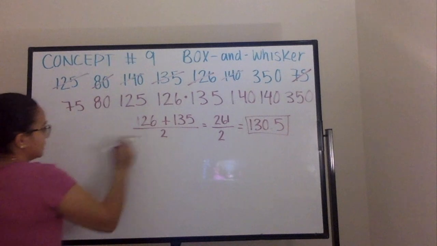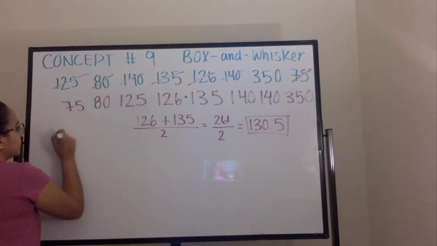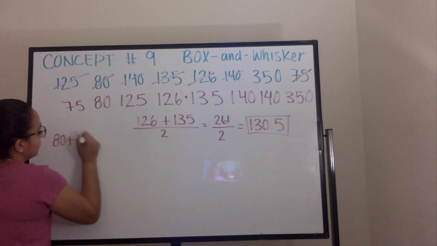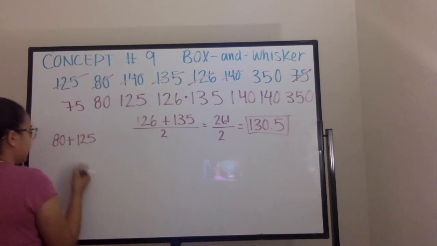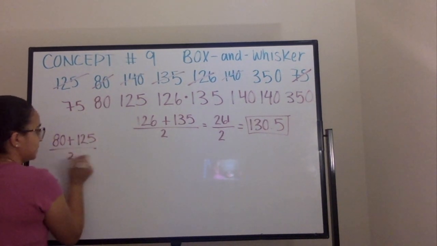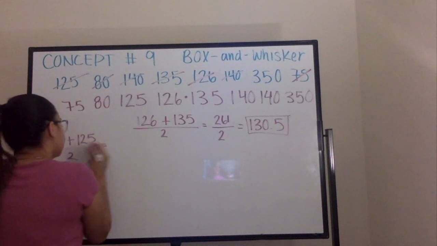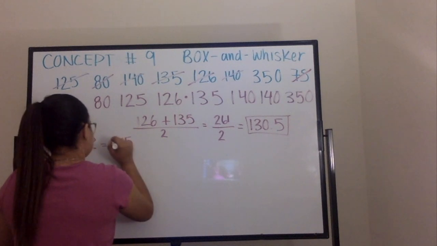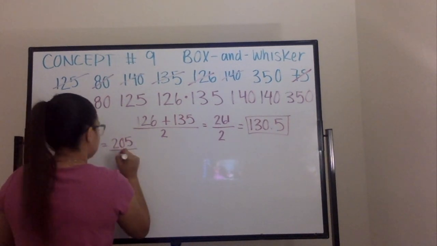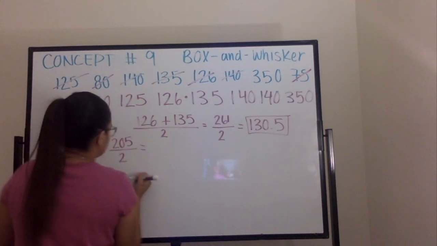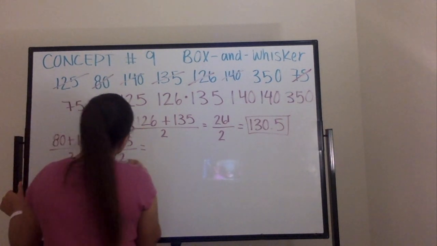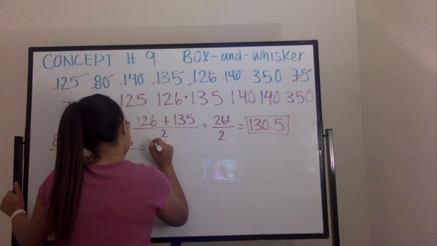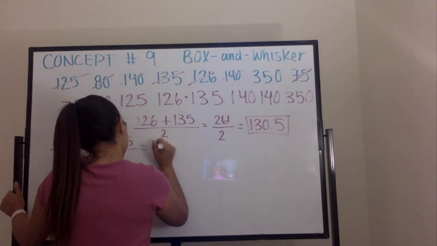We're going to do the same thing we did to find our median: add 80 and 125 and divide by 2. 205 divided by 2 is equal to